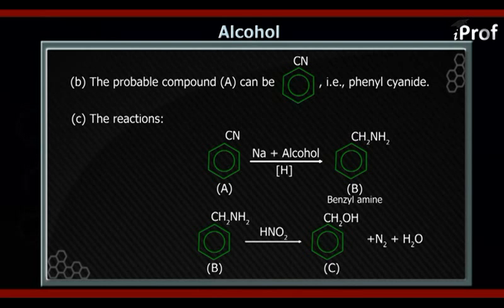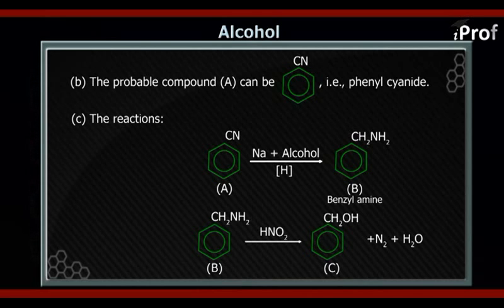So again you have strong reasons to believe that this B will only and only be benzylamine, because in the question it says that compound B is basic in nature,